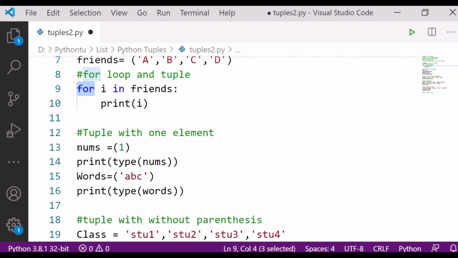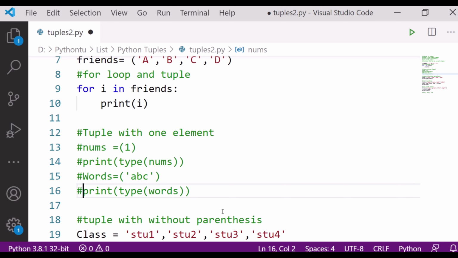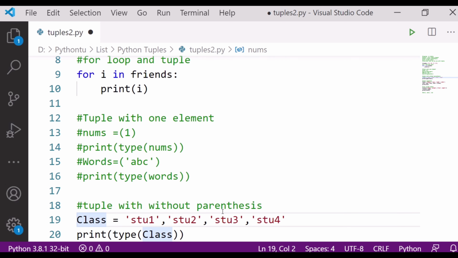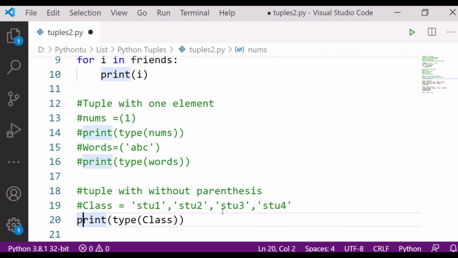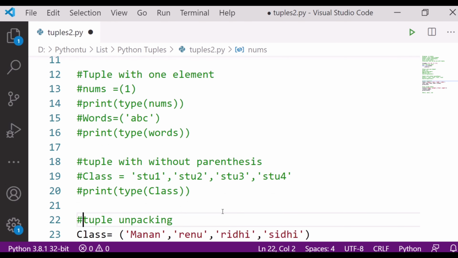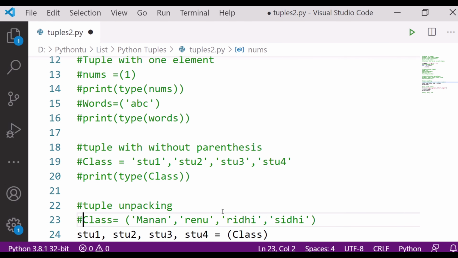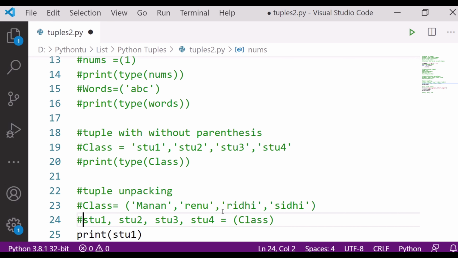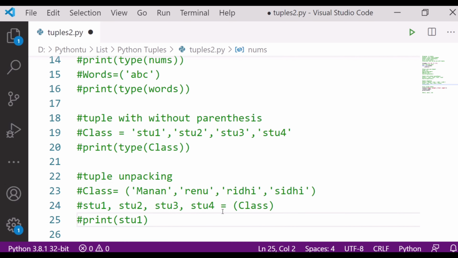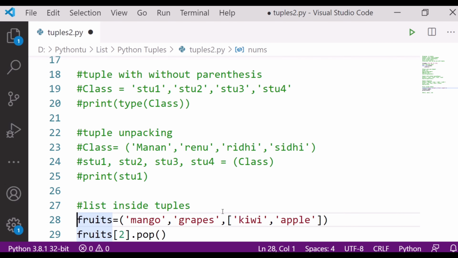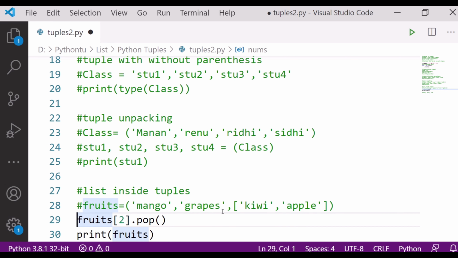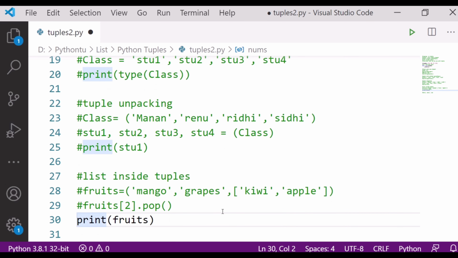I have already written everything so that we don't waste time while writing, and I can tell you each and everything.